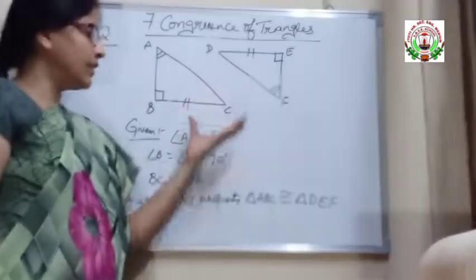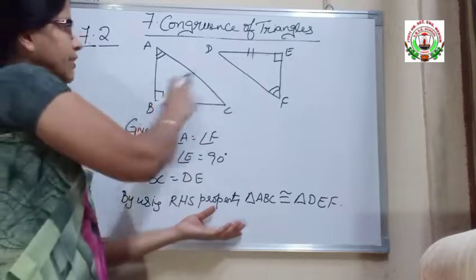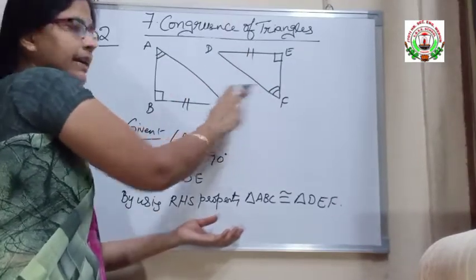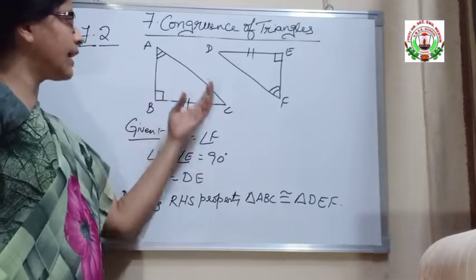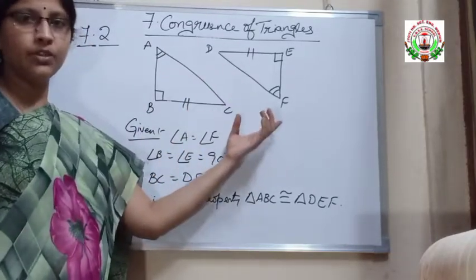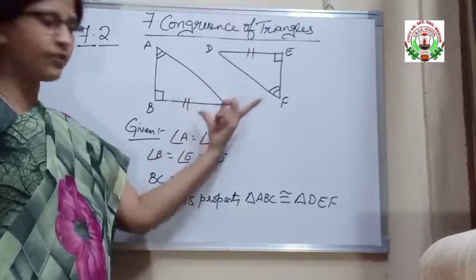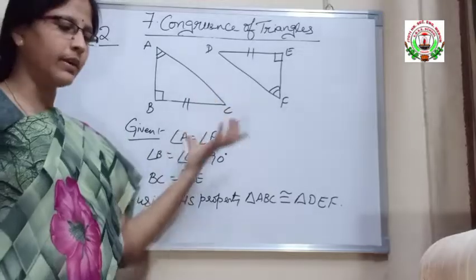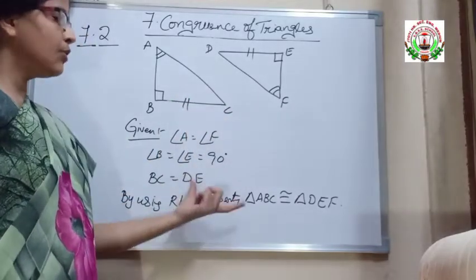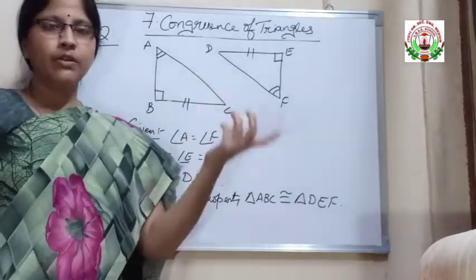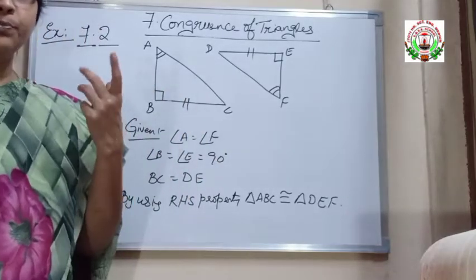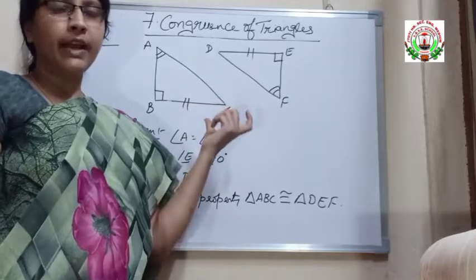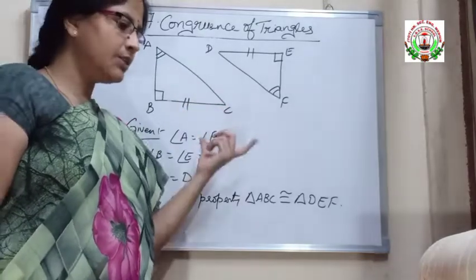They have given two right angle triangles. Here they have given two right angles. They have given one side as equal. They have given one angle as equal. So automatically the hypotenuse of the two triangles also will be equal. So by using the RHS property, these two triangles are congruent. So in this way you have to show, when two triangles are given, which property is used to say that those given two triangles are congruent to each other or not.